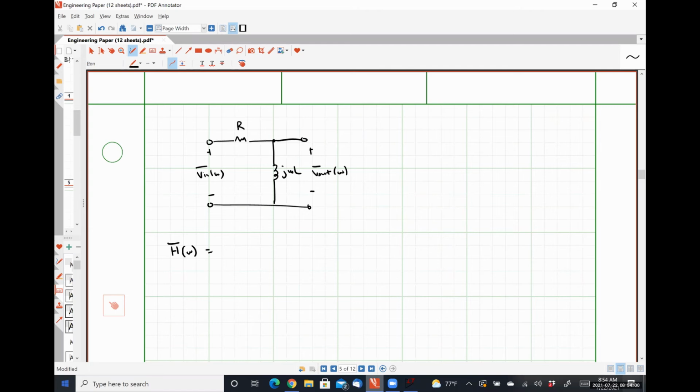Are we taking the voltage drop over the resistor? So it shouldn't be R over anything, right? Because we're just doing simple voltage division. So it's going to be the impedance that we're taking the voltage drop over, j omega L, divided by the series impedance seen by the input signal, R plus j omega L. Now in this case, we don't have to multiply by anything to clear fractions. So we're going to multiply by R minus j omega L. And so that's going to give me